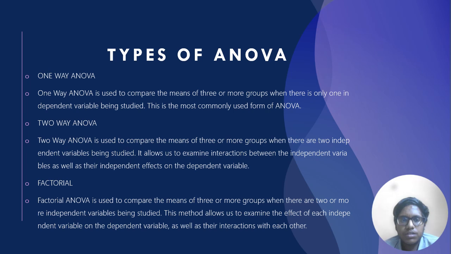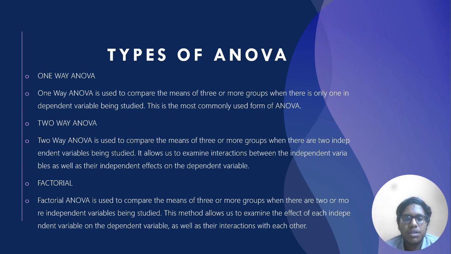Types of ANOVA. One-way ANOVA. One-way ANOVA is used to compare the means of three or more groups when there is only one independent variable being studied. This is the most commonly used form of ANOVA. Two-way ANOVA. Two-way ANOVA is used to compare the means of three or more groups when there are two independent variables being studied. It allows us to examine interactions between the independent variables as well as their independent effects on